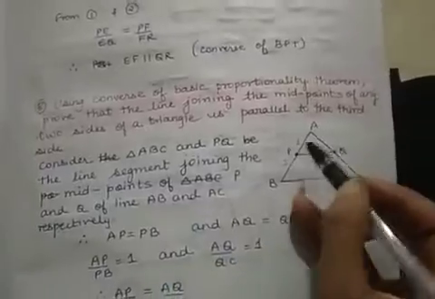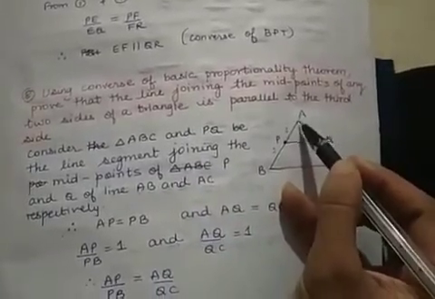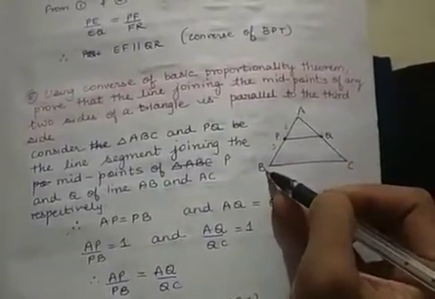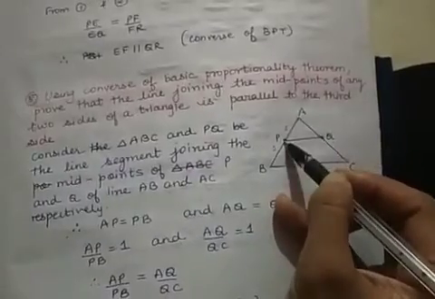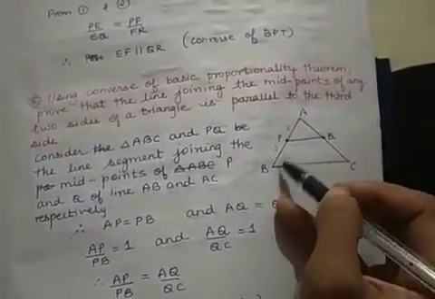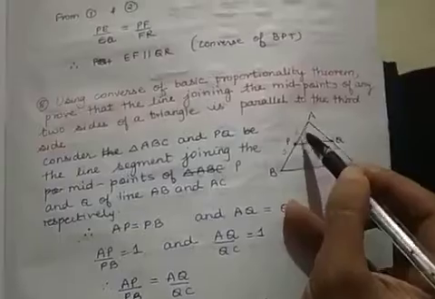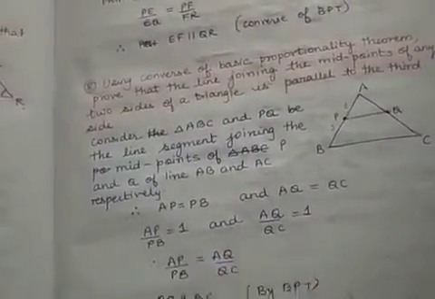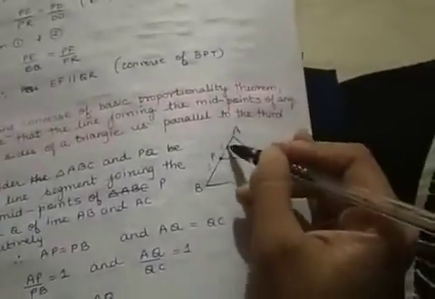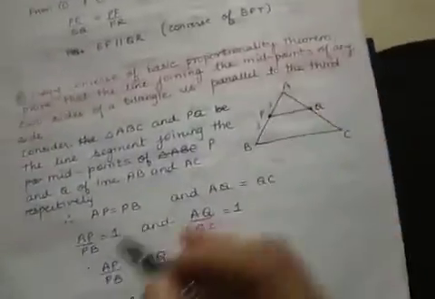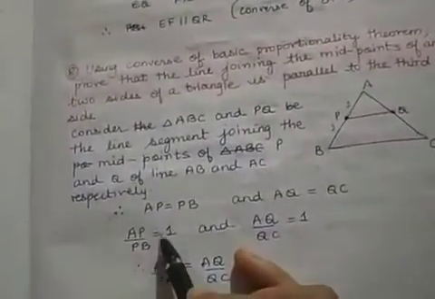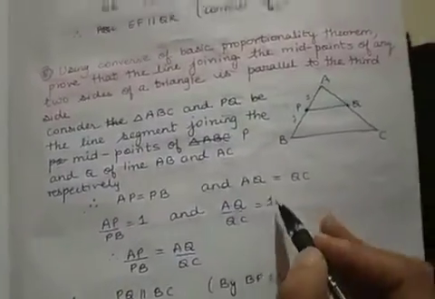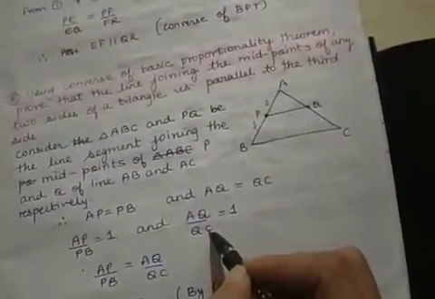Now, what will be the ratio of the sides AP upon BP? Now this is midpoint, so it will divide in the same ratio, that is 1, correct? So if I take the ratio, it will be 1. You have studied this in coordinate geometry. The ratio in which it divides is 1, correct? So AP upon BP will be equal to 1 and AQ upon QC also will be equal to 1.